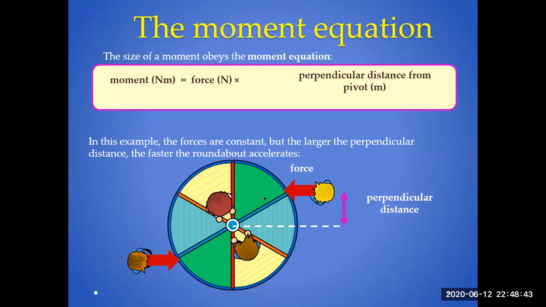And the last factor is the angle between R and F. If you are applying this force perpendicular, you will be able to produce the maximum torque in the rotation of a body. If you apply it along the same direction where this moment arm is, you will be unable to produce the rotation. So this is the best way to understand on what factors the torque or the turning effect of a body depends.